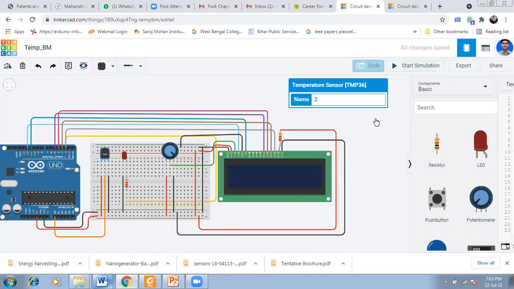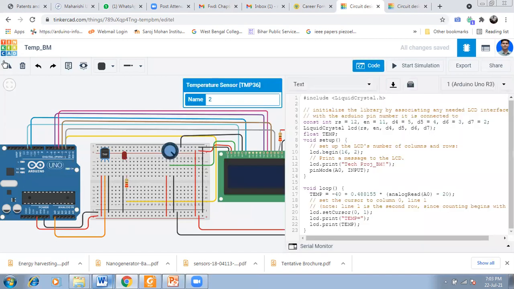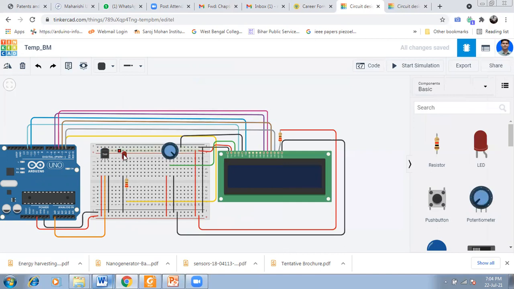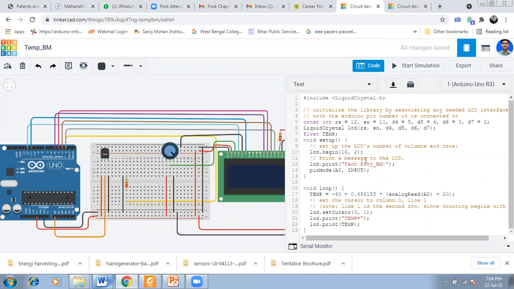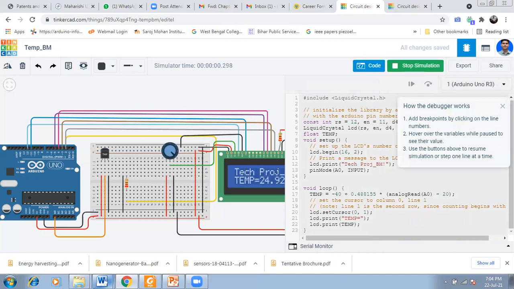Now see the code. In the coding, we have not used any code for the LED. So that's why the LED will be glowing every time. So here we can avoid the LED. We don't use the LED here because we don't have any code for LED glowing. I am just showing you the temperature on the LCD screen. Okay. So again, I am simulating it.